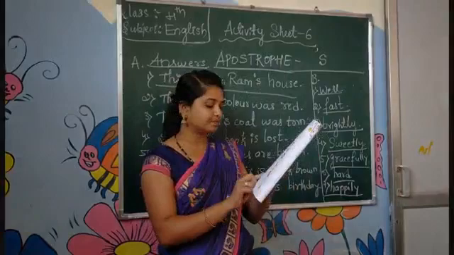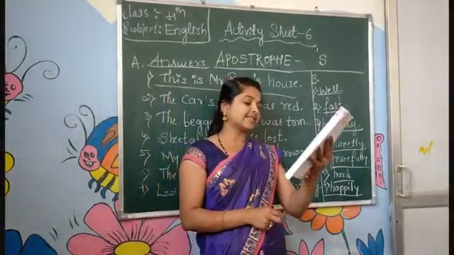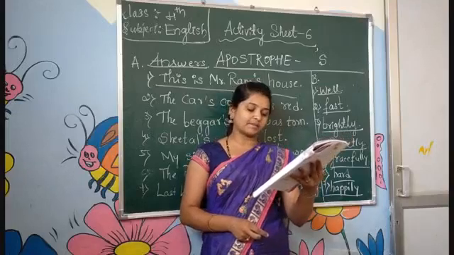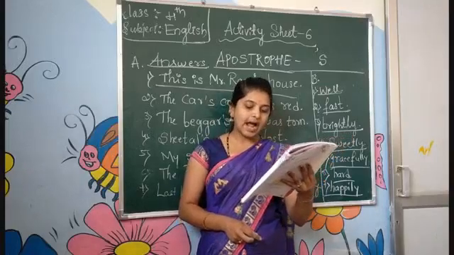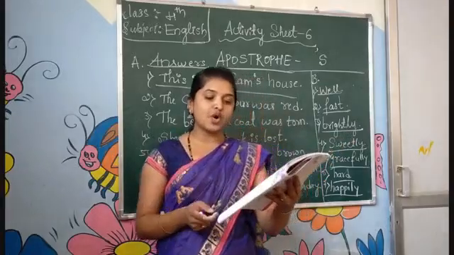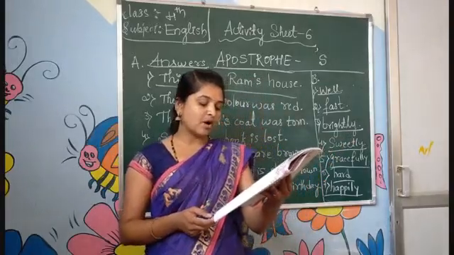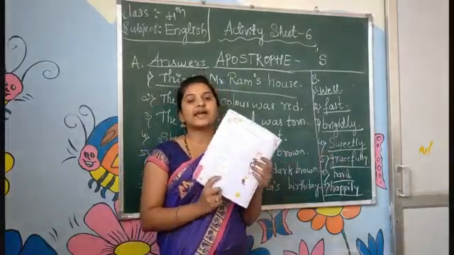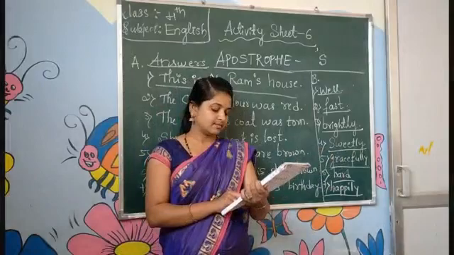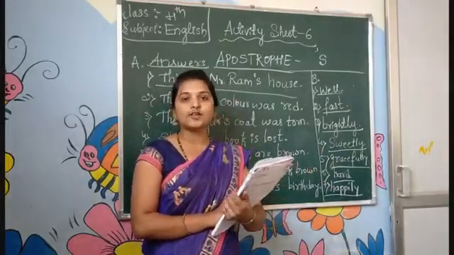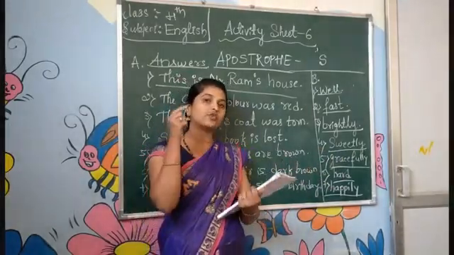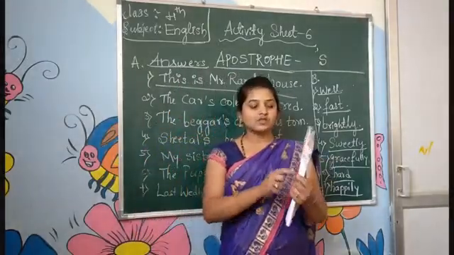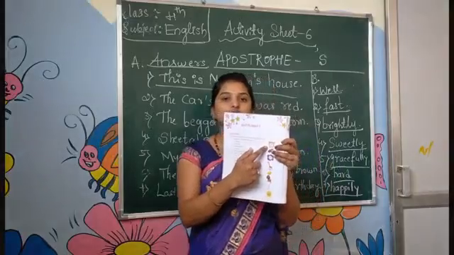I have a face and 2 hands, but I do not have arms or legs. Who is that? Which one is that? That is a clock. Yes, in the clock you can see the hands, no? One is the short hand and one is the long hand. So the picture is the clock.